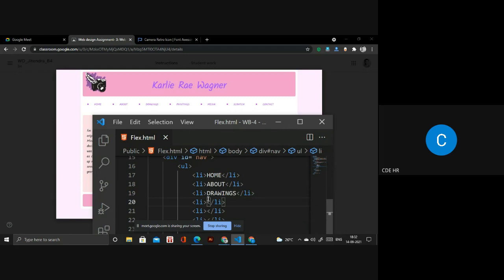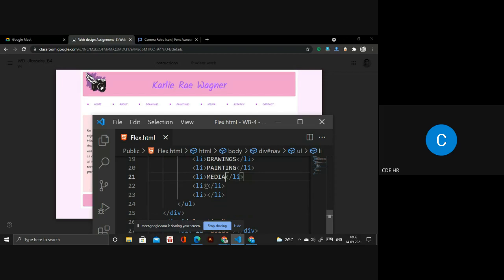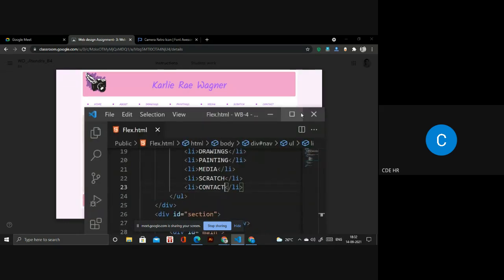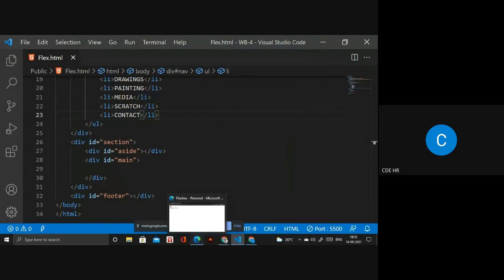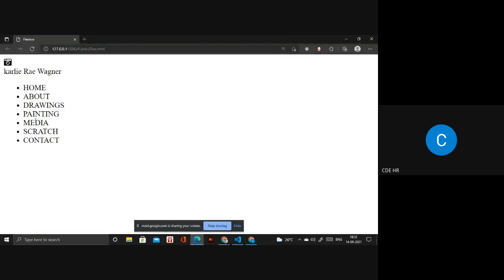So next thing I need painting. And next we have media. Next we have scratch. And last one, not least, it's the contact. Okay, done. So let's see. It looks like that. Okay.